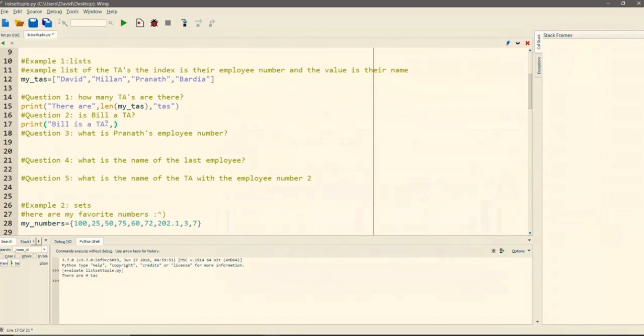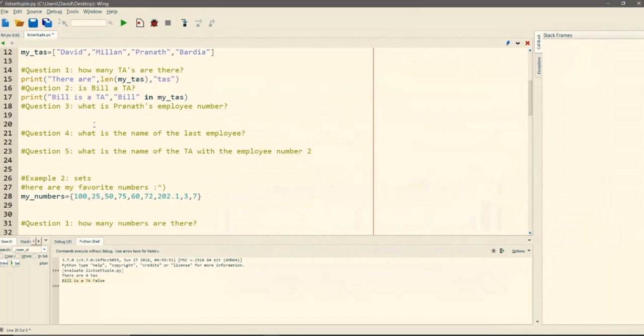What we do is make a new string. We call it Bill because that's what we're looking for, and we say Bill in my TAs. What it's going to do is look for the entry Bill inside of all of the TAs. So we can check if that's the case. Bill is not a TA.